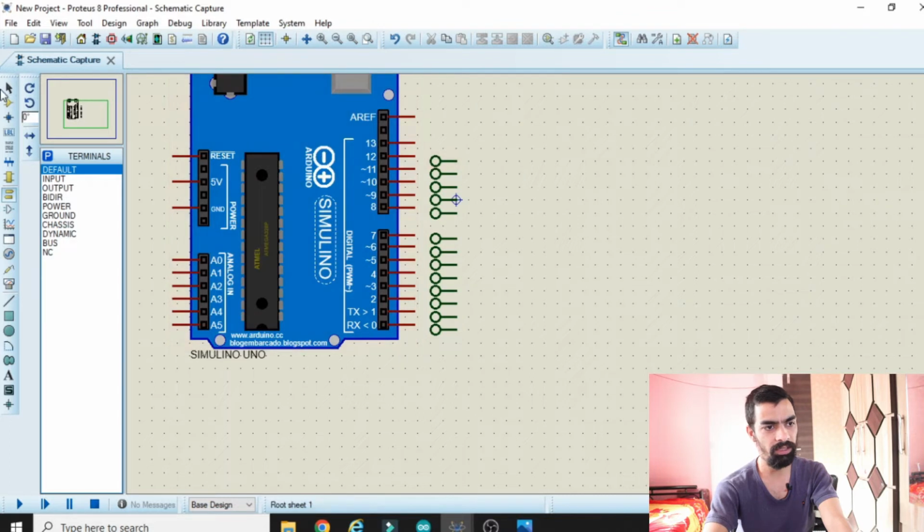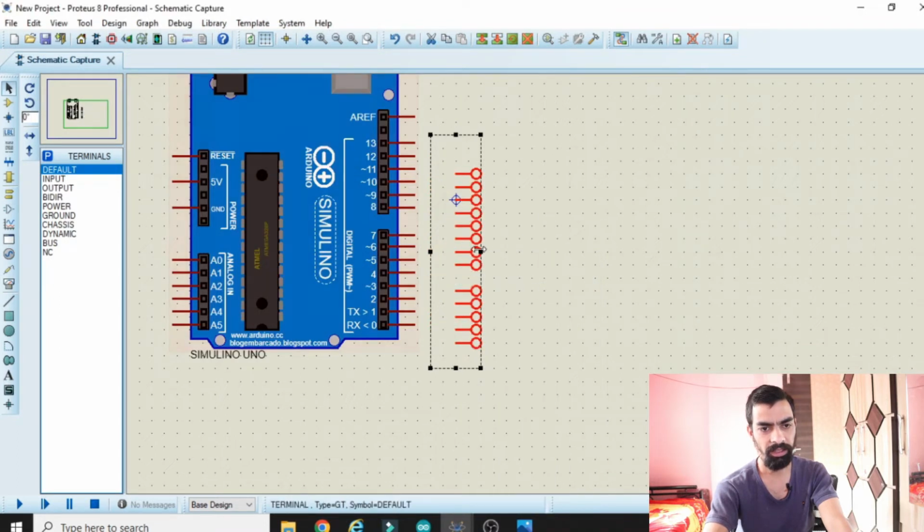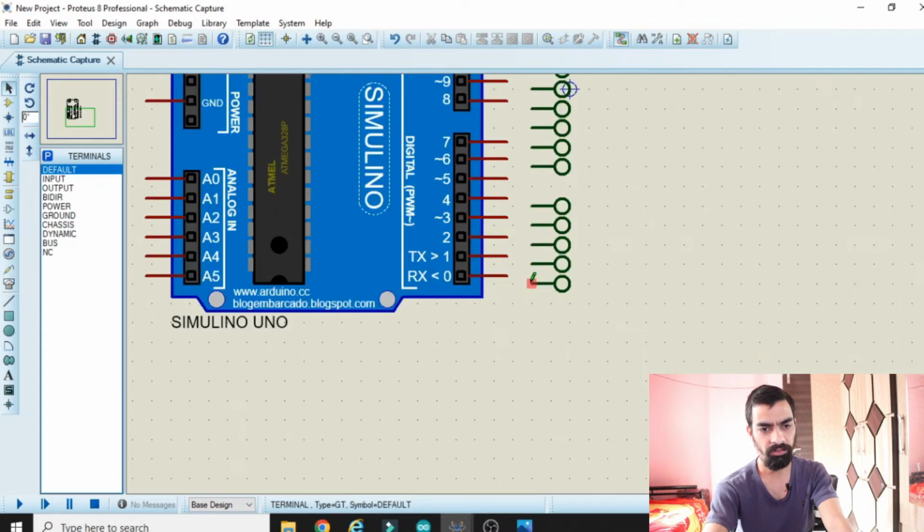Then after that you can select this arrow and select all the default pins at one time. Right click, rotate 180 and then just arrange them here like this. Then after that you can see, one by one I will connect this default pin with this default pin. So Arduino pin with this default pin, Arduino pin with this default pin, Arduino pin with this default pin,